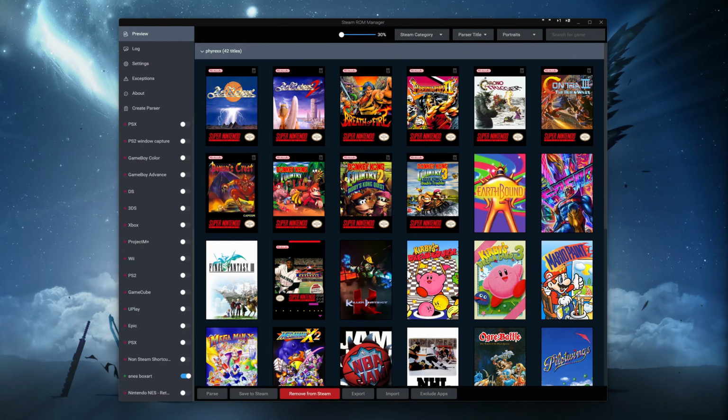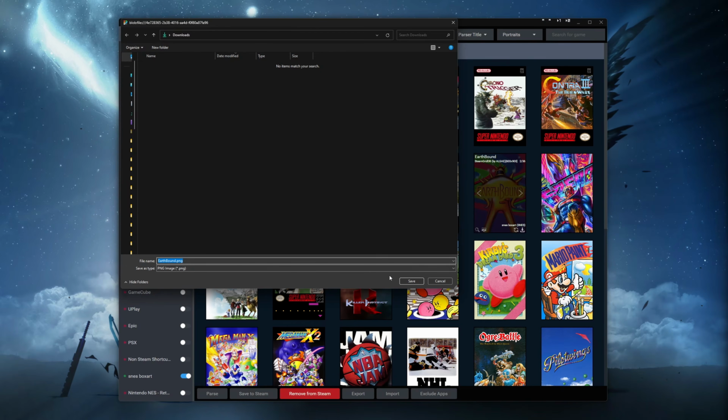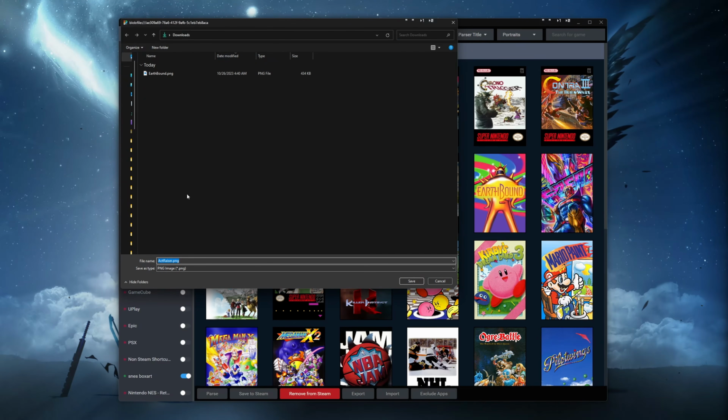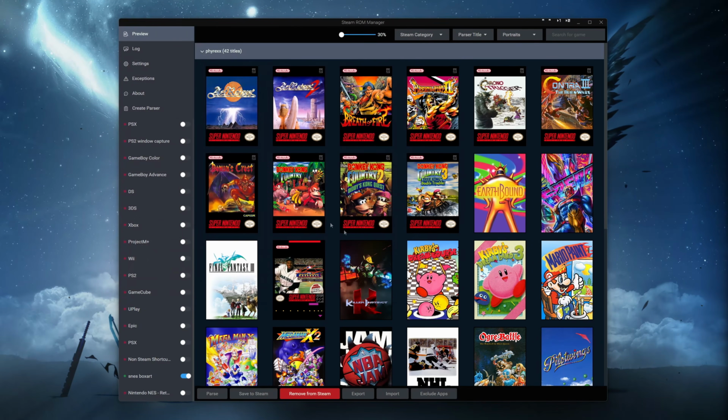The last thing I'm going to go over real quick is how to create your own box art if none of these suit your needs. So I'm showing Steam Rom Manager here, and let's say you want everything to have the same type of logo or format like these ones up here do, and you find one that does not have it. The easiest way I've found to do this is to download the image of one that does not have the